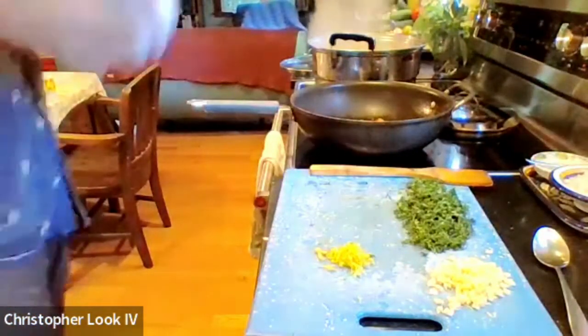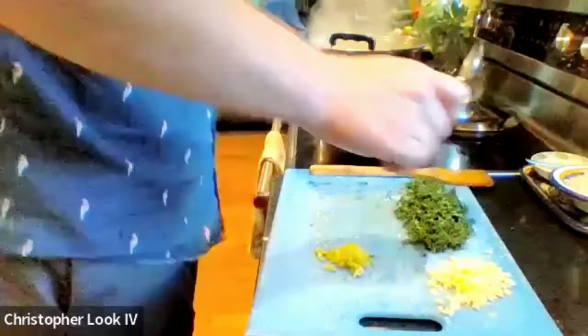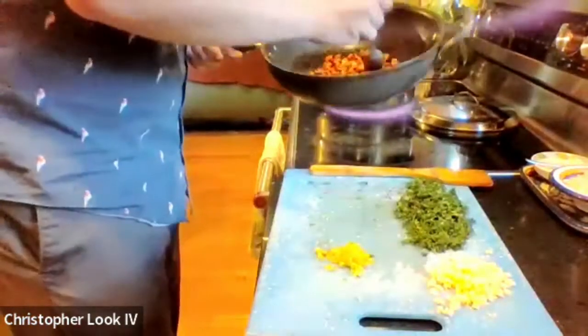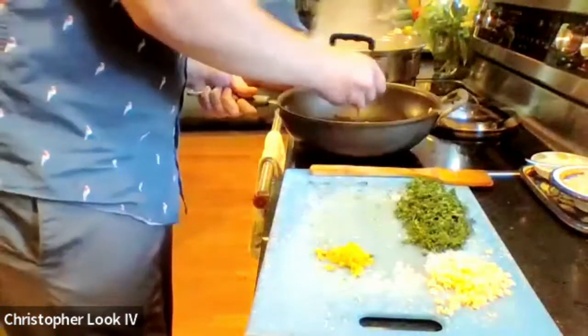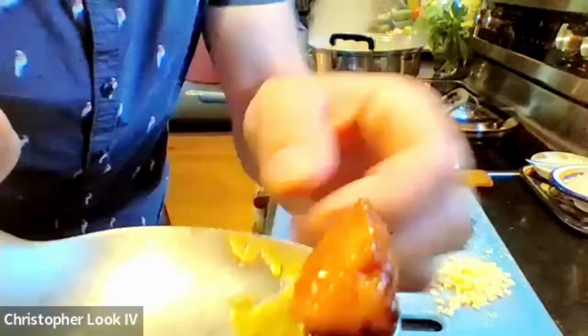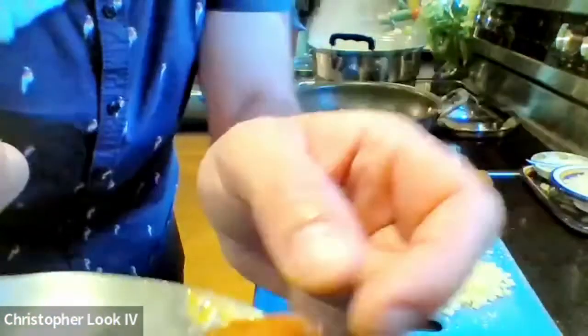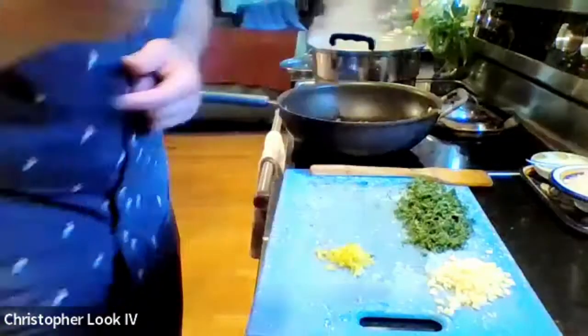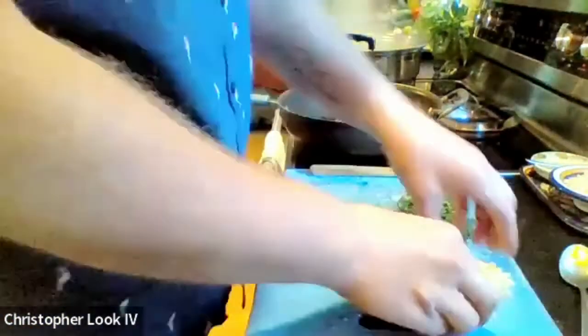All right, beautiful. Pasta's looking good. This linguiça is looking perfect. I'm going to throw the garlic in here, but before I do, I just want to grab you a piece. This one looks good. So you can see it's not really cooked so much. I mean, it's always cooked, but it's just got a little bit, one edge is a little bit brown, and it's kind of juicy. And you can see the fat in there. Hopefully you can see it sort of changed color. It's got a little bit of red. And that's the paprika that's in